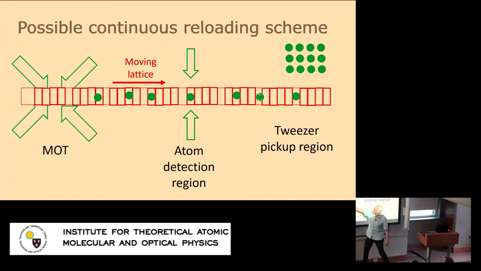Then maybe you have one microscope here, some kind of atom detection region. That could be a cavity, could be a microscope that tells you which of these lattice sites are filled with an atom. And then you could use this information in some other region, a tweezer pickup region, where you could then just blindly take a tweezer and maybe deliver the atoms to some storage region. So basically the thing that I'm trying to accomplish is to be able to run a computation, a simulation sequence here, while continuously replenishing the system.